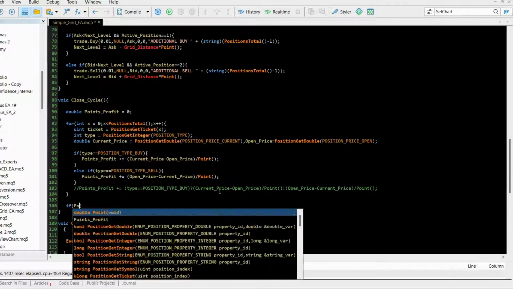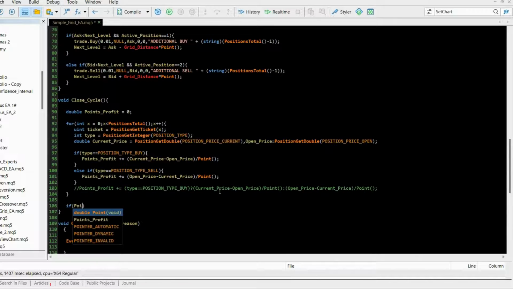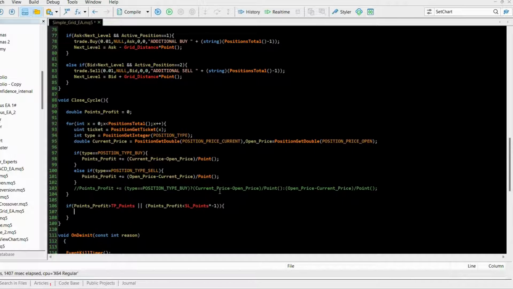So if points profit is larger than take profit points, or points profit is smaller than stop loss points multiplied by -1. So either if we are in a profit or if we are in a loss and we should close the